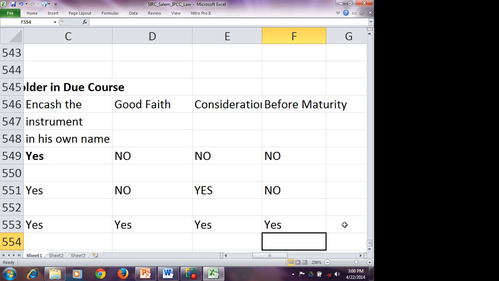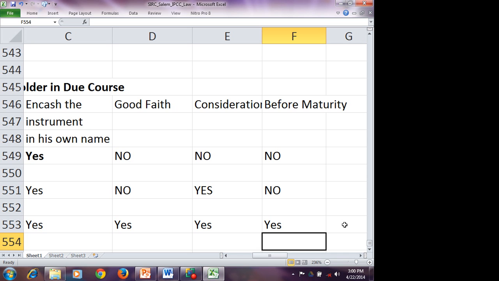Instrument has a maturity date. What is the maturity date? It depends upon the tenor which is agreed to by the parties. In case of demand instruments, any time it could be demanded for payment. In case of time instruments, upon happening of or upon expiry of that particular time as agreed with the parties, the instrument could expire. And upon that particular expiry time, they could proceed and then present the instrument and demand